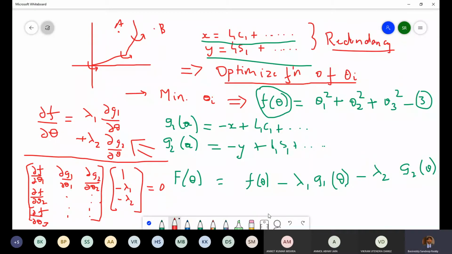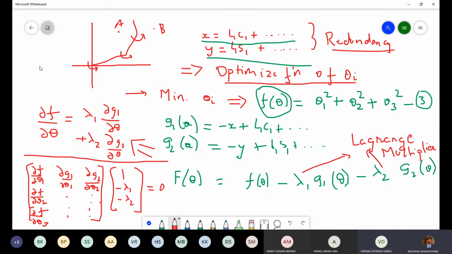Now in what case will we get a non-trivial lambda 1 and lambda 2? I'll just write down here, these are the Lagrange multipliers. In what cases will we get a non-trivial lambda 1 and lambda 2? When the determinant of the matrix is 0.